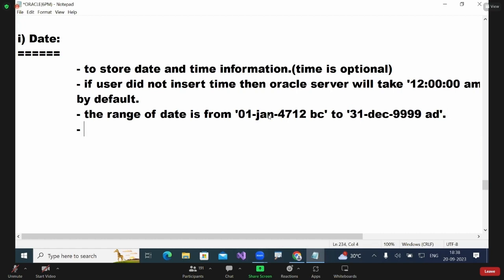Now the next point, one more very important thing: the default date format in Oracle. Every database has its own default date format. So when you are working on Oracle, there is a particular format we should insert and save. What is that format? Right down below: the default date format of Oracle database is,